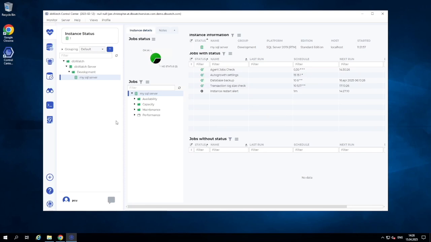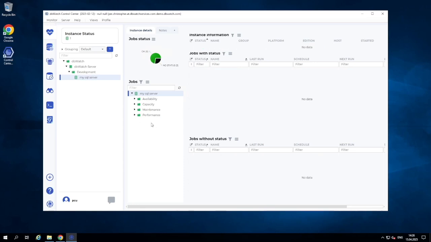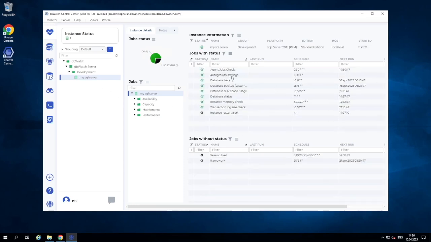We have installed the monitoring for this SQL server. And if you want to adjust the monitoring jobs, you can go to configure jobs here to go to the dialog where you can select other monitoring jobs to install. And now you're ready to use dbWatch Control Center on the SQL server that you have installed.